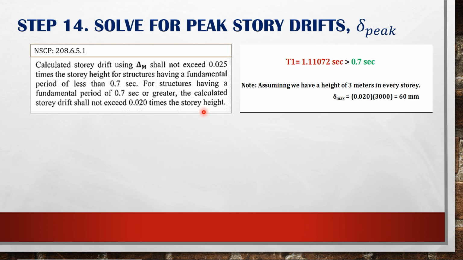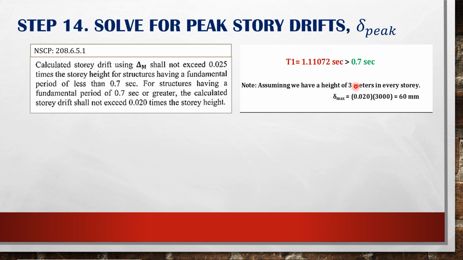So, ito na. Yung period 1 natin, since yun yung pinakamataas na period natin, equals to 1.11072 seconds. And this is greater than 0.7 second na sinabi sa NSCP. So, kung greater, ang provision ng NSCP, the calculated story drift shall not exceed 0.020 times the story height. Assuming we have a height of 3 meters in every story. Yung 3 meters, since mm naman yung result natin kanina,